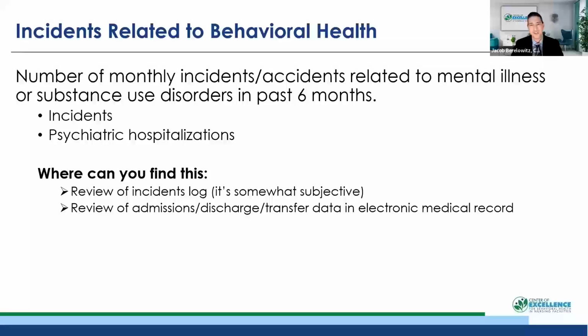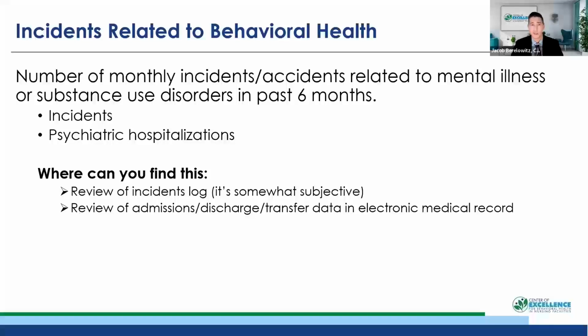It could get more confusing and more complicated when, maybe you have a resident to resident incident or a resident to staff incident where someone becomes aggressive, maybe hits somebody, and you may feel that it's related to their behavioral health needs, and you're taking a look back at it and saying, how can we better manage the needs of this resident to prevent this kind of incident? And not that it's always preventable, right? But just understanding how often this is happening related to behavioral health.